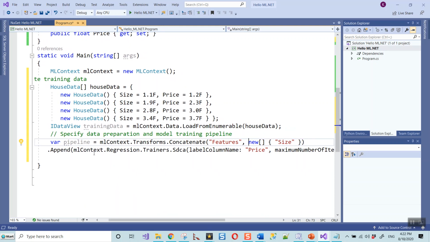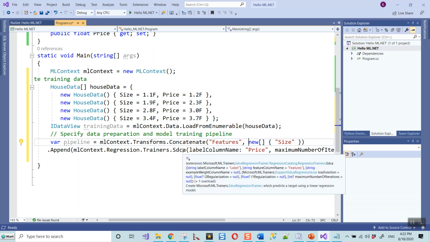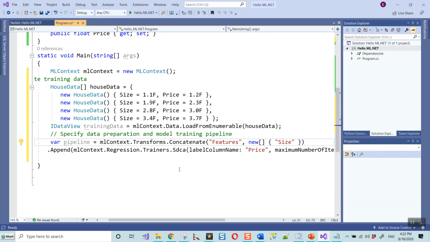Okay, and then MLContext.Regression.Trainers, task specific to regression problems, .Trainers and .Sdca. SDCA is an algorithm used for linear regression. As you can read from the mouse over, it creates Microsoft.ML.Trainers.SdcaRegressionTrainer. So Microsoft has incorporated ML.NET in such a manner that all you need to do is to call the right algorithms at the right time.